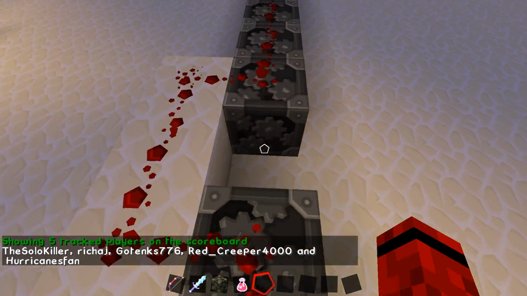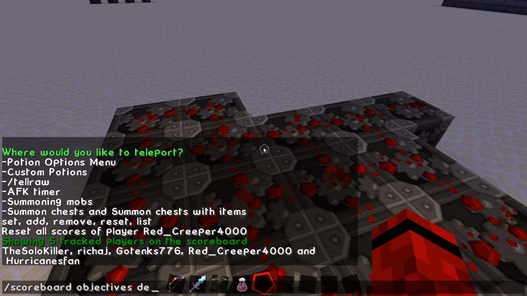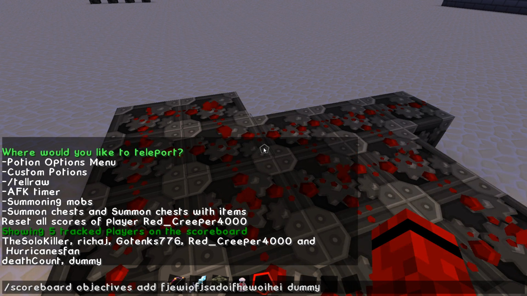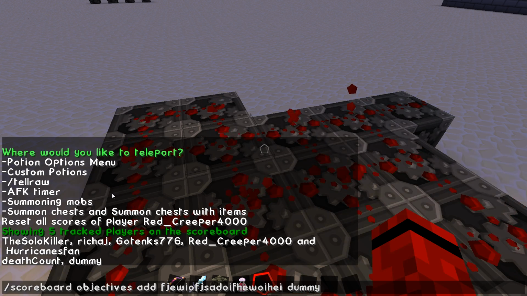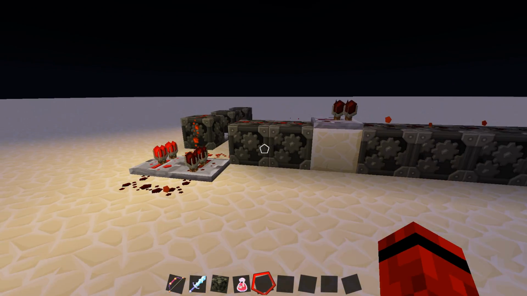Oh, I forgot some objectives. Sorry. Scoreboard objectives. There's also death count. Oh, add death count. Then there's dummy. This is probably the most useful one, because what it does, I'm not going to actually add this, but what it does is it cannot be influenced by anything but commands. Now, the reason that's useful is you can use other objectives, like,